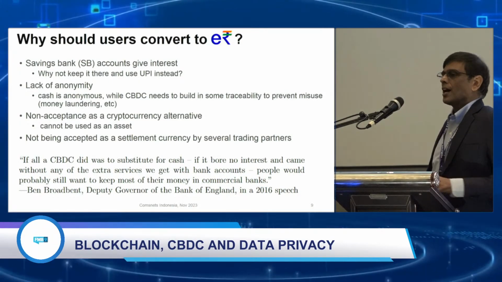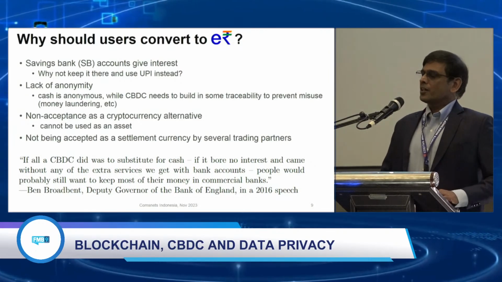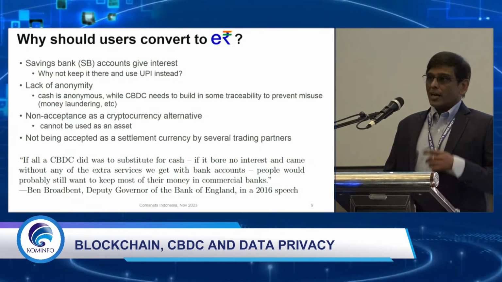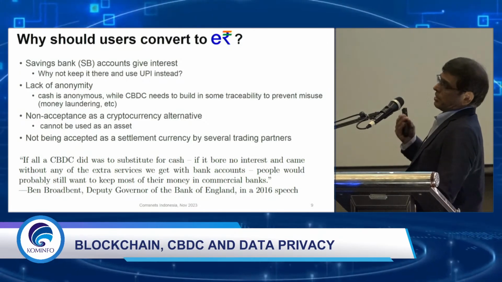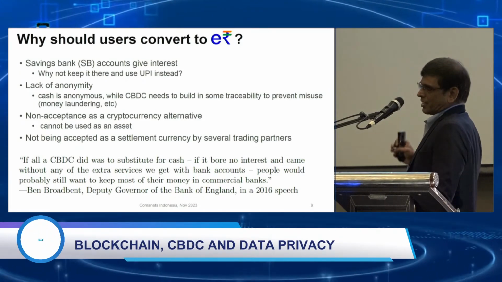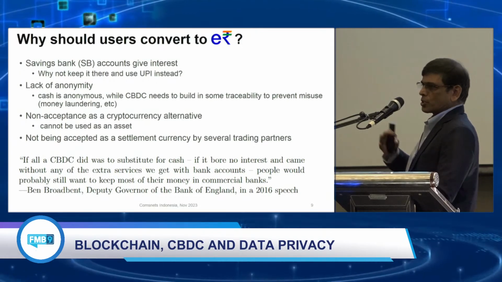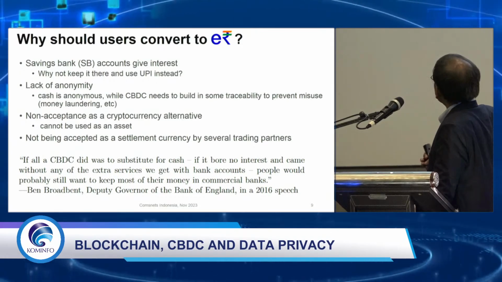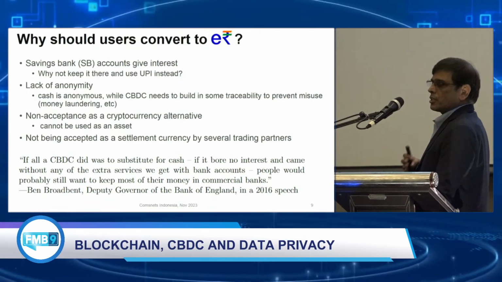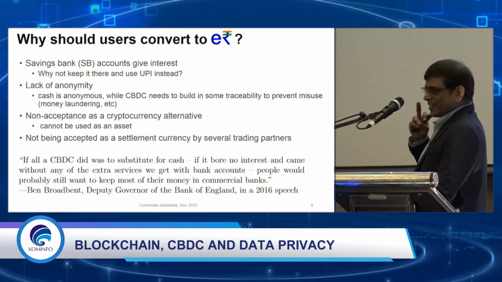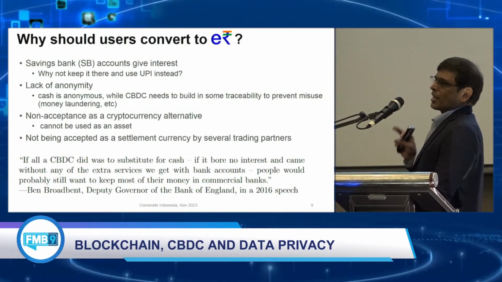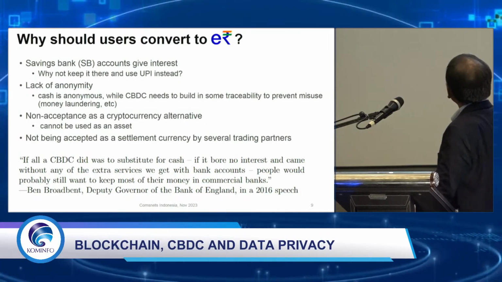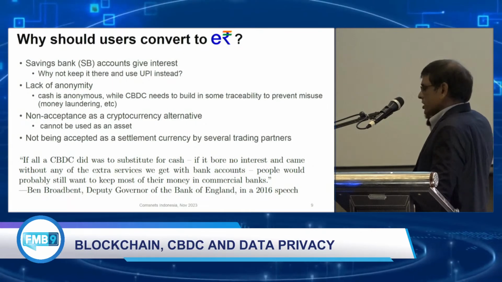Of course, then you can argue that people do take their money out and keep it in cash form. Yes, they do that, but primarily they do that because much of the transactions they do with cash, they want it to be anonymous, maybe. That is the reason they keep it in cash, or it's more convenient because digital payment is not accepted in many places. So cash is anonymous, CBDC is not anonymous, at least the online version of CBDC is not anonymous. We can discuss later. I will show you a slide where I'll discuss the offline version. What is the problem with that? But it is not anonymous, right?